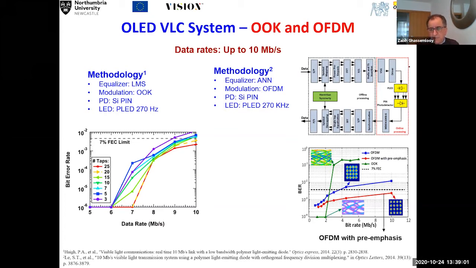And again, you can see that for OFDM, this is almost the same as RF, except that the optical part is different. And if you choose 10 to the power minus 3 as our reference level, you can see that our constellation diagrams and eye diagrams are well below that, and therefore it also demonstrates that OFDM can be used, and a lot of people have been using OFDM. Although my own personal view is that I don't think you really need OFDM in VLC. You can just do on-off keying. That is as good as OFDM. But if you need fancy things, then by all means go and use OFDM.